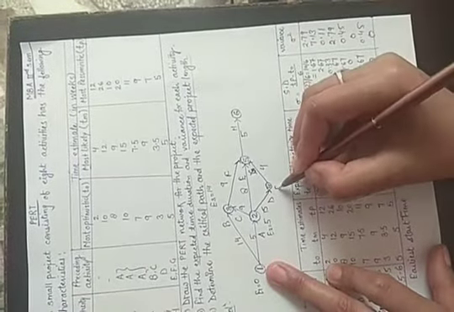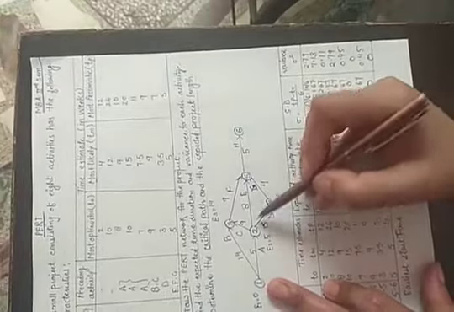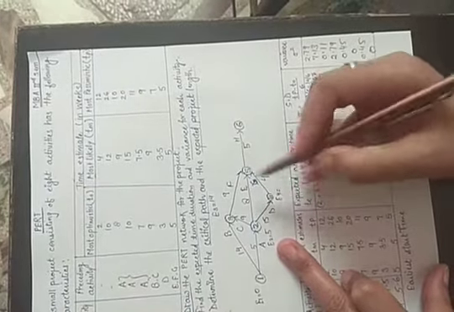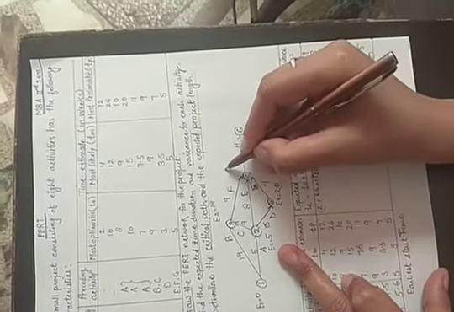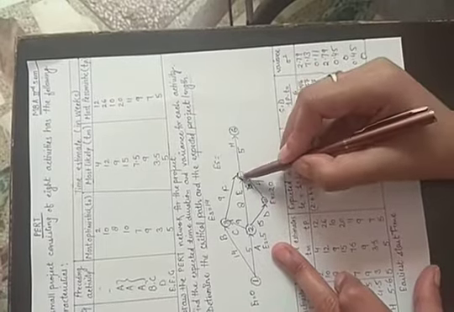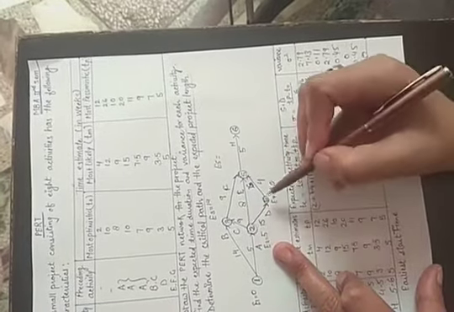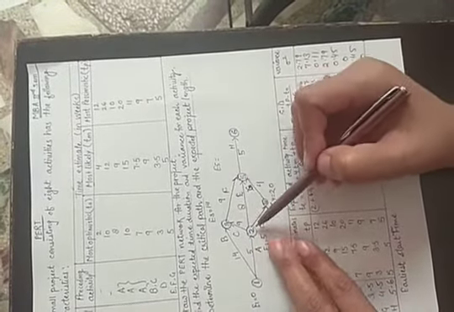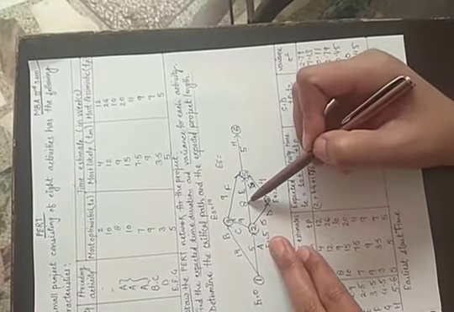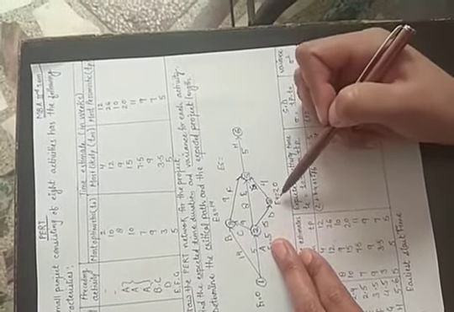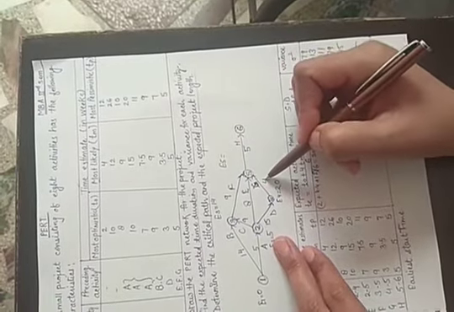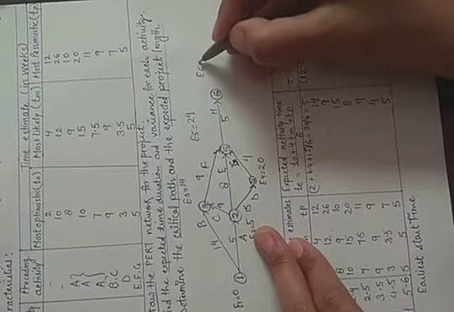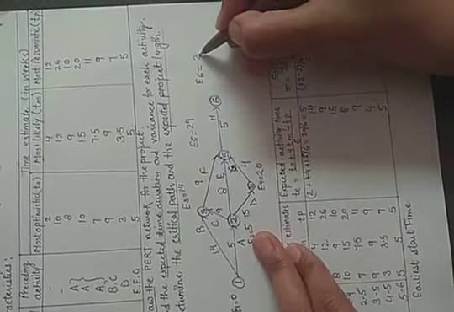Now come to E4, the earliest time. E4 comes from only point 2. Here E2 is equal to 5, 5 plus 15 is equal to 20. Next come to E5. E5 is the point where 3 events merge: 3, 2 and 4. So we have to find the maximum time. 14 plus 9 is 23. Next, 5 plus 8 is 13. The next one is 20 plus 4, which is equal to 24. The maximum time is 24. Next come to E6. E6 is 24 plus 5, which is equal to 29.